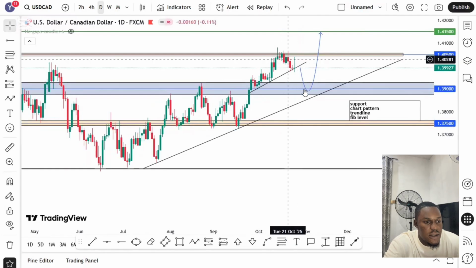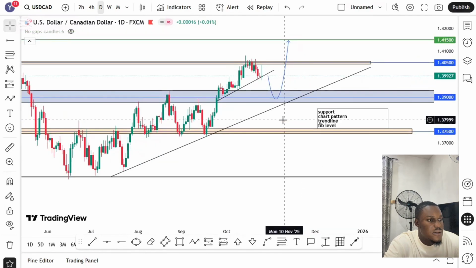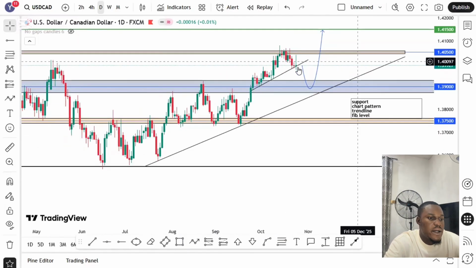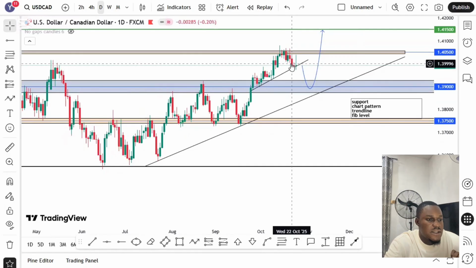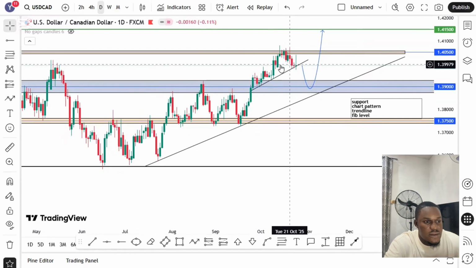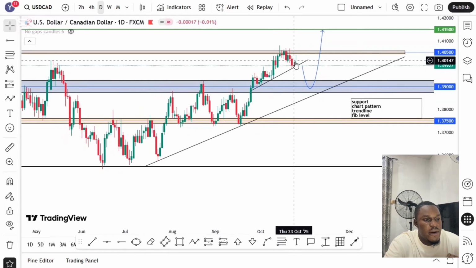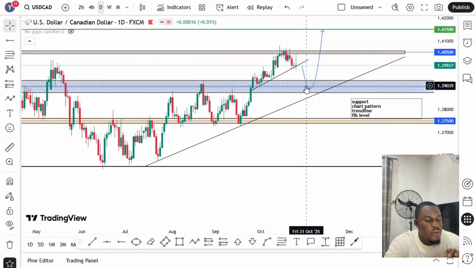So our advice is, we'll wait for a pullback into this major level. I will wait for a pullback to this major level before I start looking for a buying opportunity. Because if you buy USDCAD right now, it means you are buying in no man's land. You are buying in between, like in nowhere. So wait for the market to pull back to a major level before you look for a buy, or before I look for a buy.